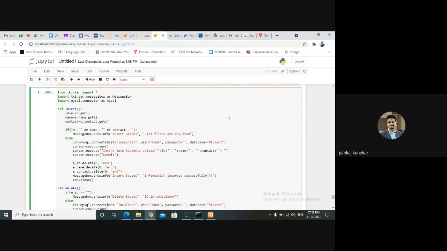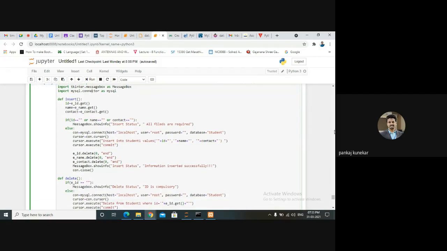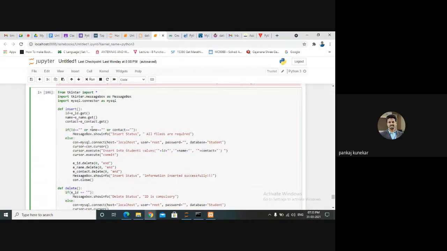This is the code I have been writing since morning. Based on this concept, you will be having practical number 5C next week, not today. So today we will cover the concept of database connectivity using Tkinter, and during the practical session we will try to cover file handling for all the batches. Okay, so yes, we'll start with the session.